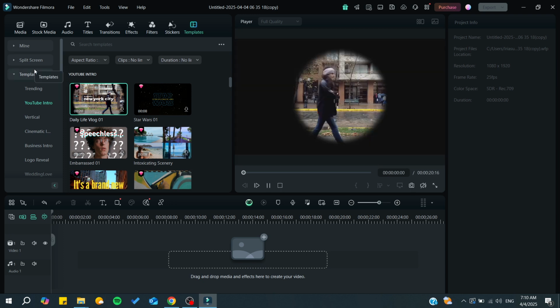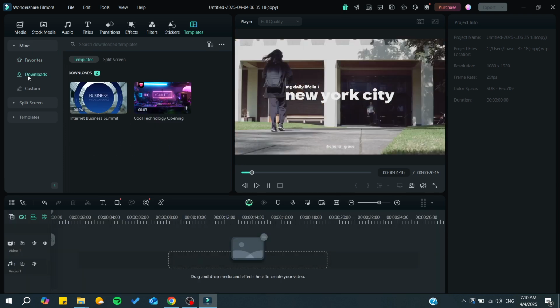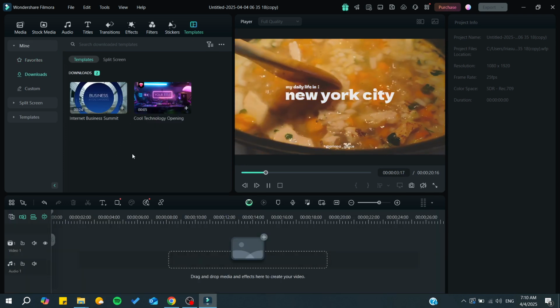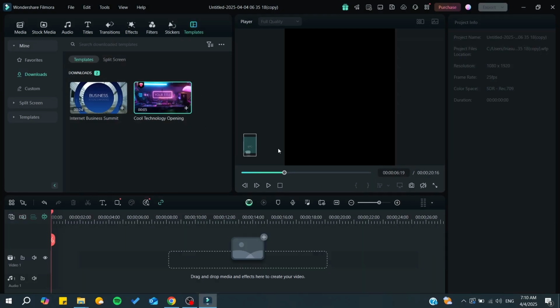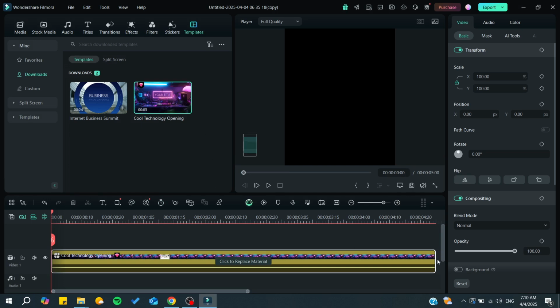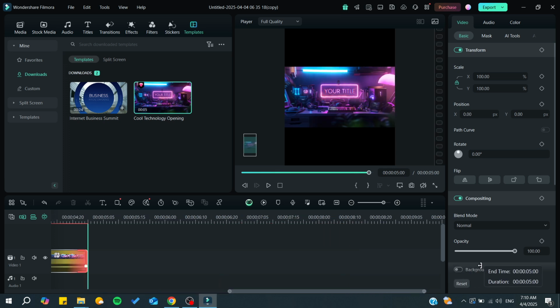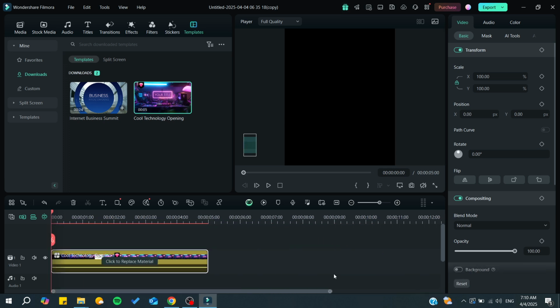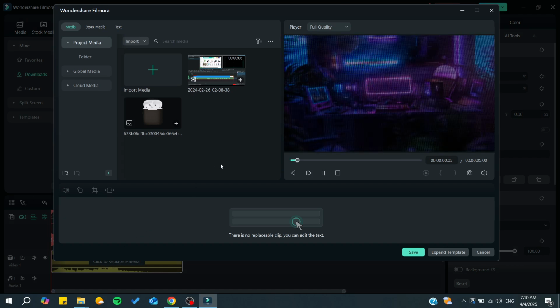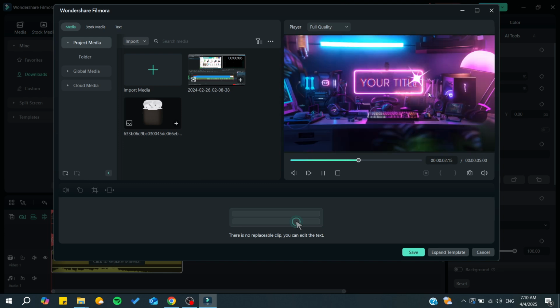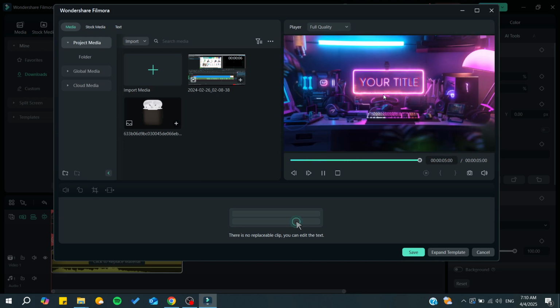So basically in my case I already have my downloads here and I'm just going to stick with what I have. So now you will be needing to simply add the templates that you have created or that you have downloaded, and let's just make the timeline shorter. And simply all you will need to do is to click to replace material. So from here you will be able to see the highlighting of this template,